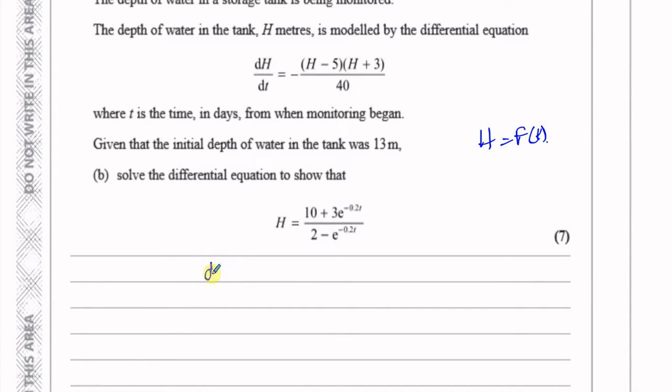So we have dh/dt is equal to, I'm going to leave a bit of space here for a particular reason which I'll explain, equals minus (h minus 5) times (h plus 3) divided by 40. Okay, now when you're solving a differential equation, what you're actually doing is